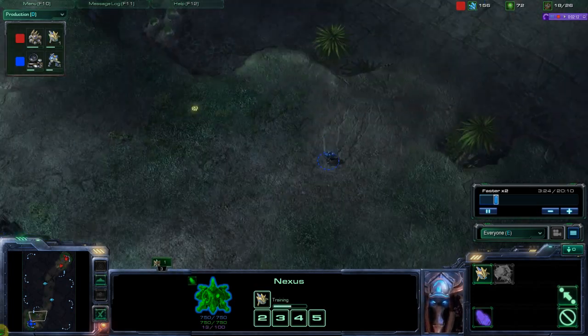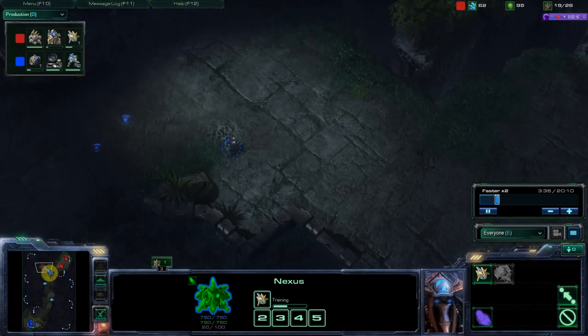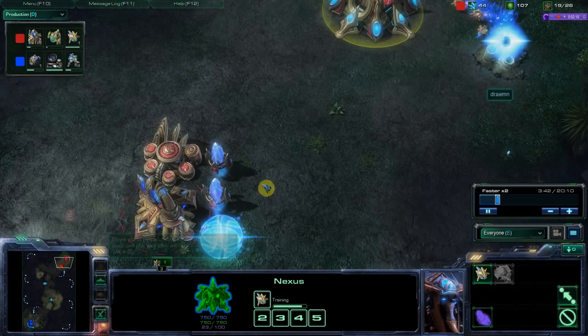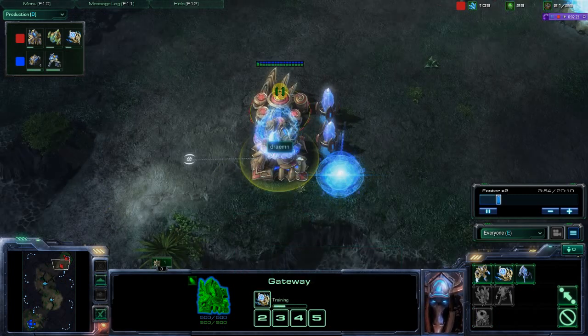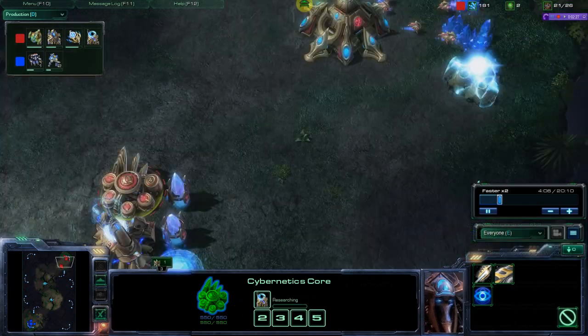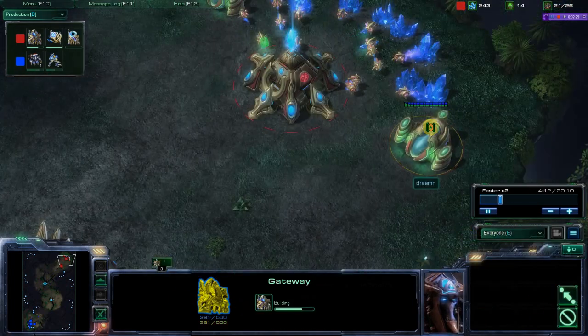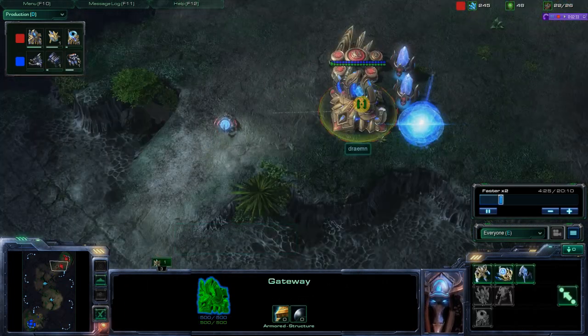And running my probe away to live another day and sit at the Xel'Naga watchtower and watch him come, so I can see the makeup of his army when he comes by. So you'll notice the first thing I'm doing is getting out this sentry and chrono boosting it, and then as soon as I can afford it, I'm going to go right into warp gate technology. I got my second gateway down, also got my second assimilator, throwing those probes on there right away, and